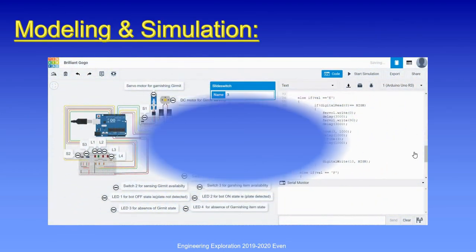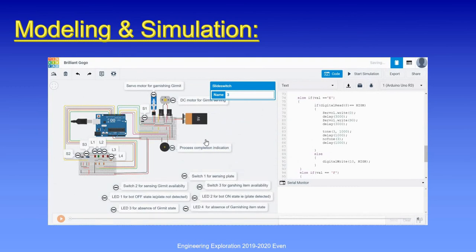Coming to the simulation of our project, that is how our device works. This is the simulation of Girmit serving bot. Here we have used a DC motor for Girmit serving, a servo motor for garnishing Girmit, a buzzer for process completion indication.